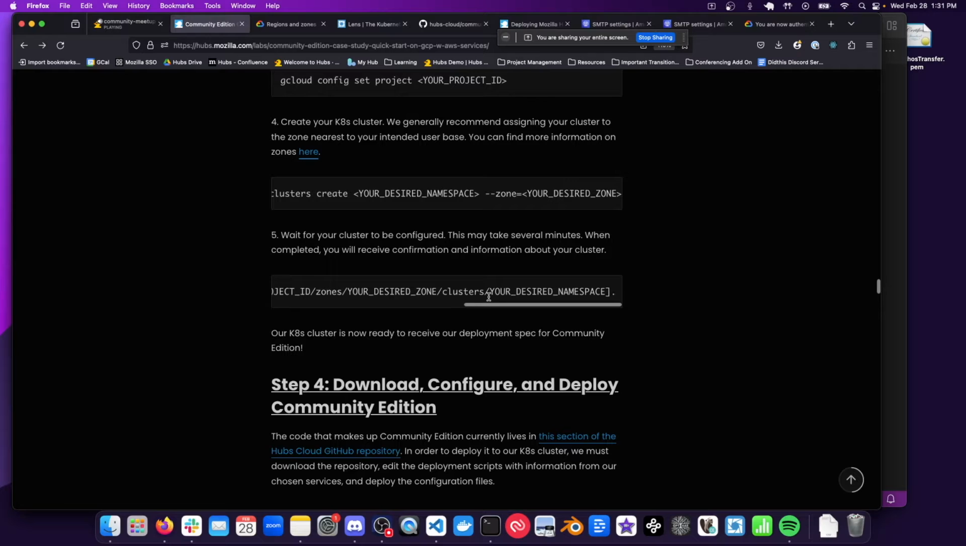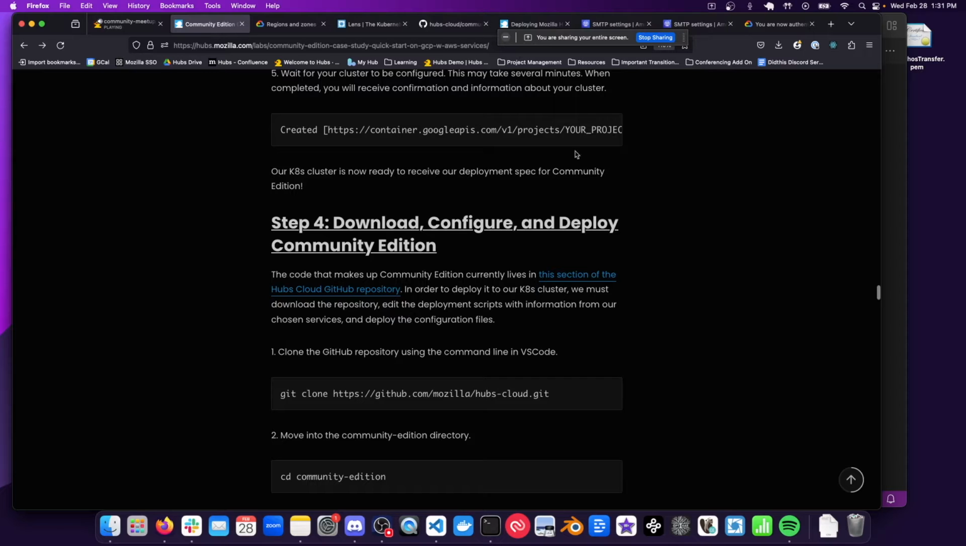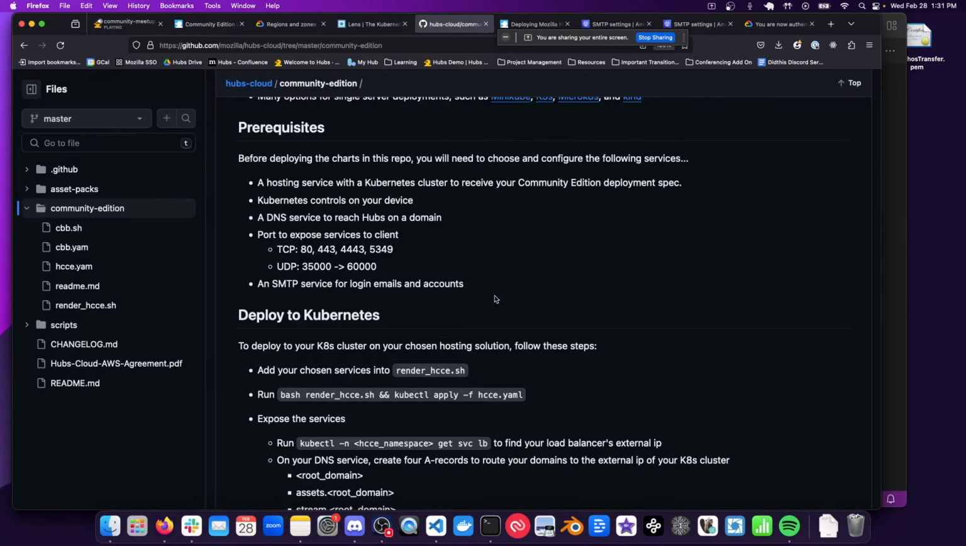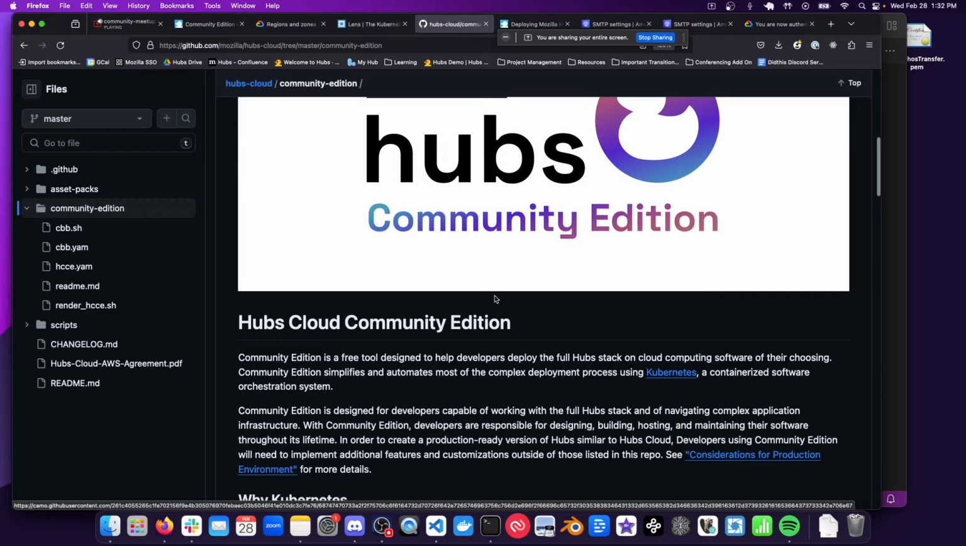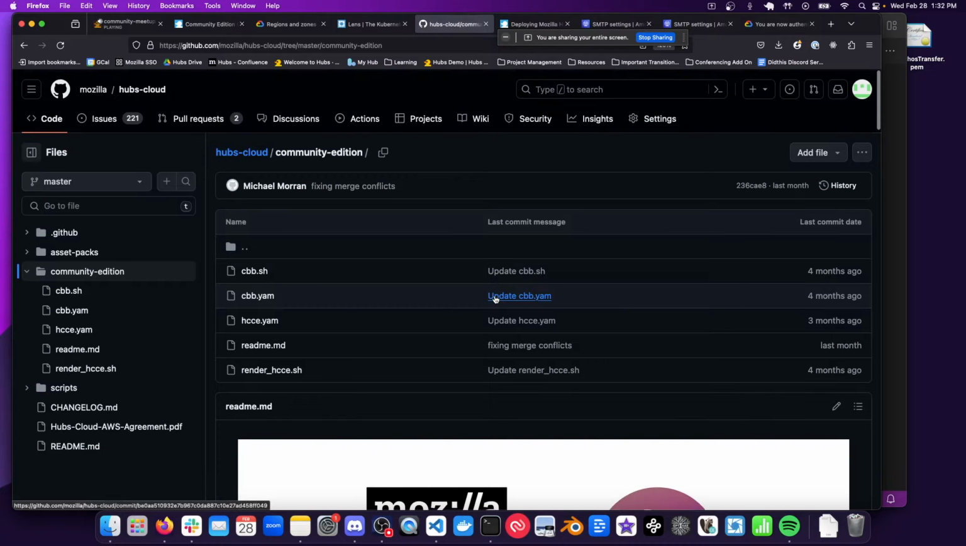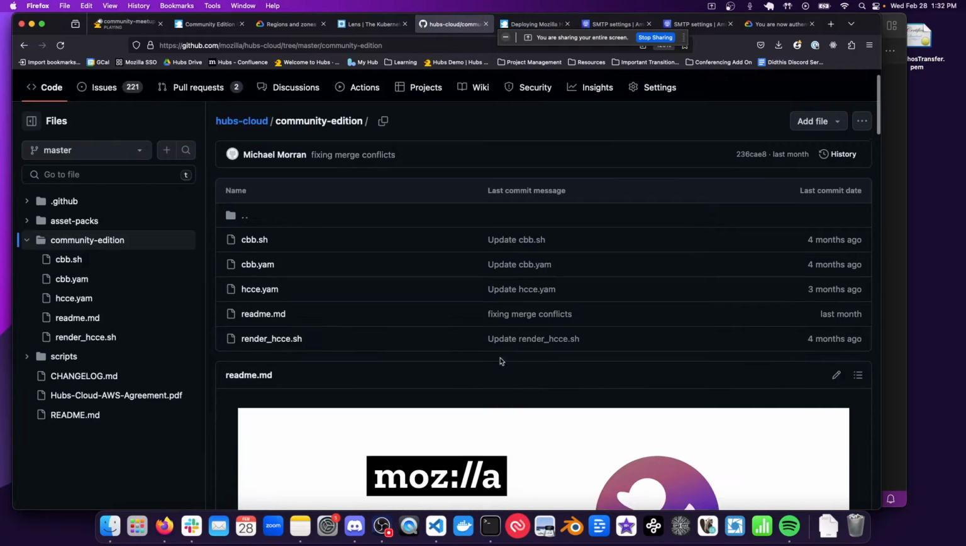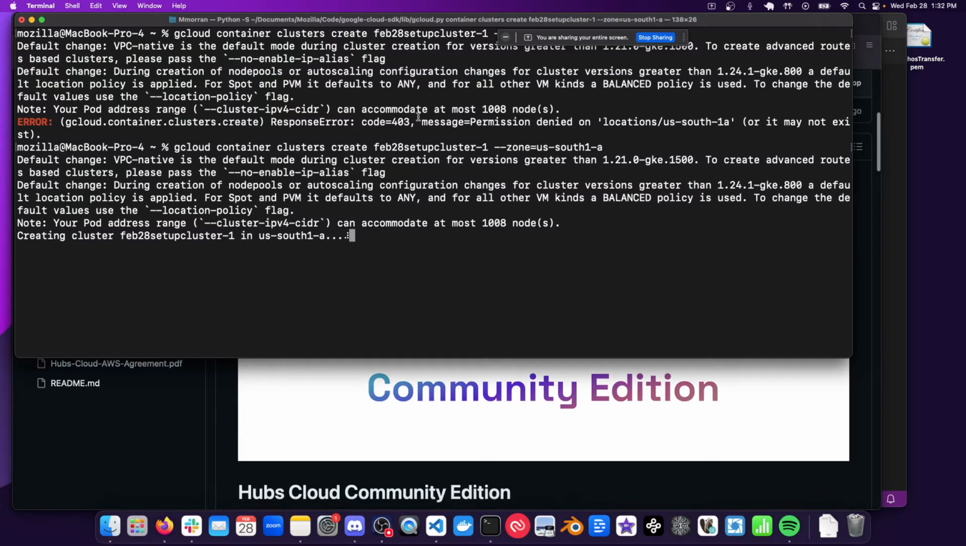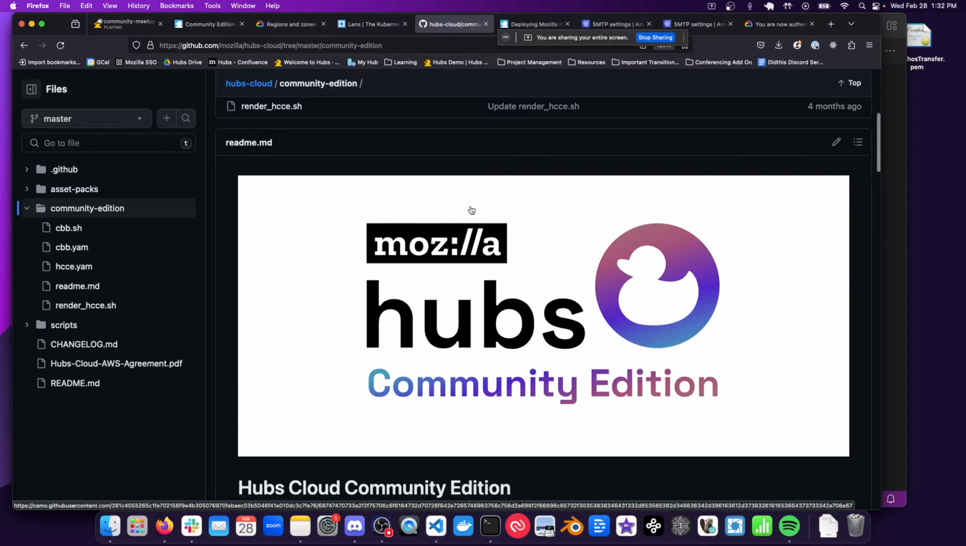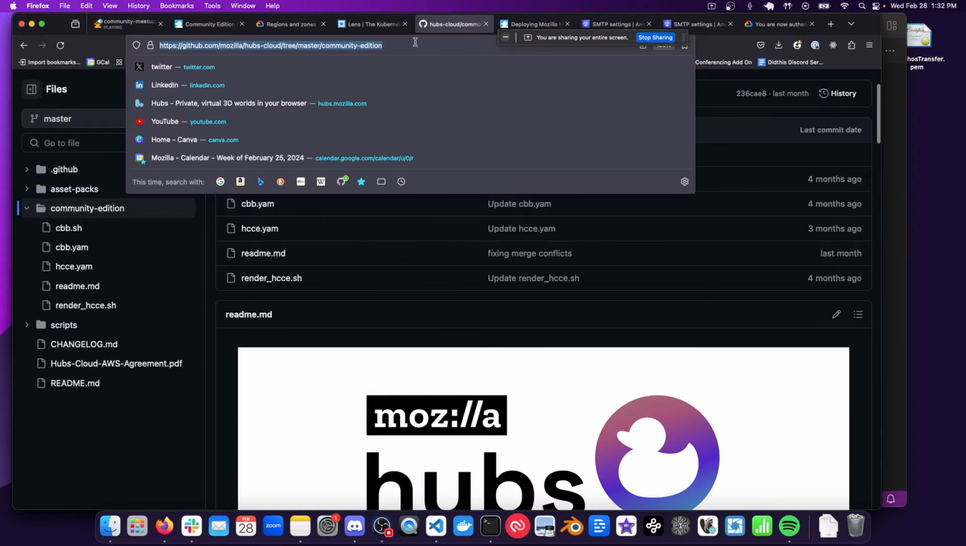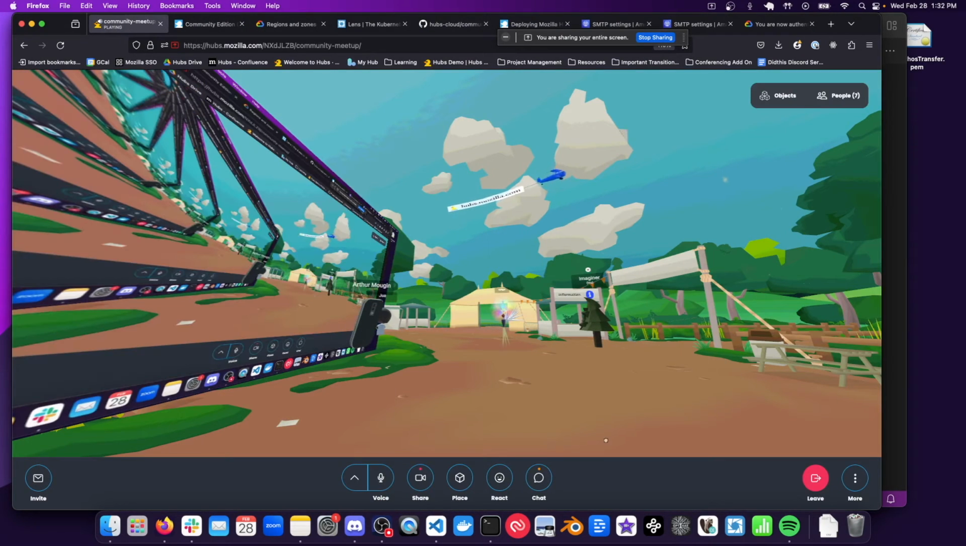Let's see if there's anything we can do. Oh, there's certainly stuff we can do while we're waiting for this to be created. First of all, we can go ahead and look at the Community Edition GitHub repo and copy that locally and start making some changes. In the background, it's still creating that cluster that I'm going to use. So if y'all are interested in looking through as well,